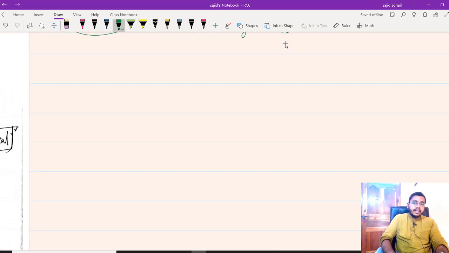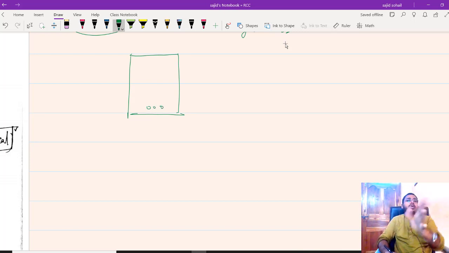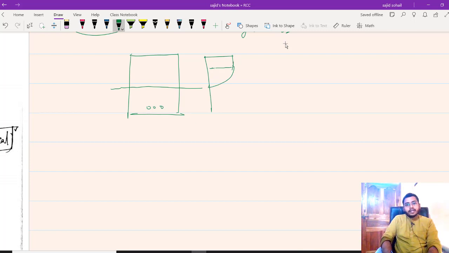Okay, so let me take one singly reinforced rectangular section and steel bars somewhere here. Now you tell me one simple logic. If you are drawing stress diagram for this, how it will be? Let us take, this is your neutral axis somewhere here. So I hope you are pretty much sure that the stress diagram will be looking something like this. If this is xu, then what will be this distance? I hope you remember that will be 3 by 7 xu, and this will be 4 by 7 xu.